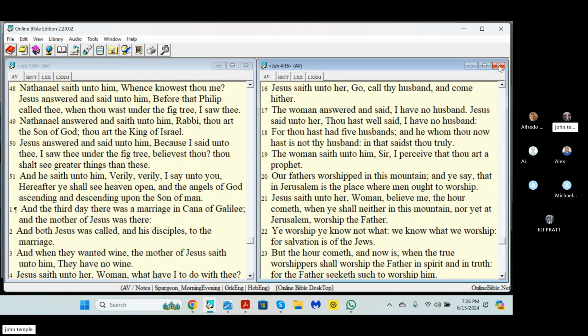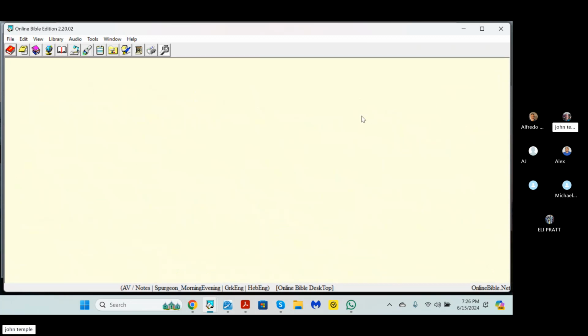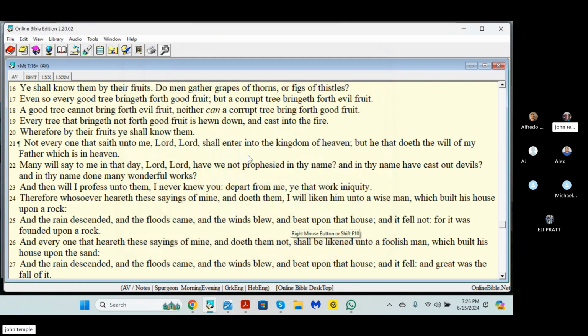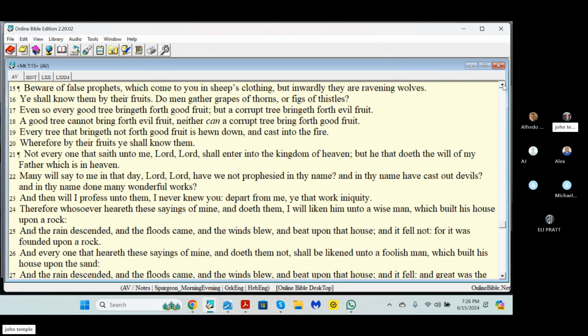And then the metaphor in Matthew 7. I got these already down here, but I'm just going to put this up here, so I don't have to go looking for it. First, in 7:15 he says, "Beware of false prophets, which come to you in sheep's clothing, but inwardly they are ravening wolves." And he's talking about how you'll know them by their fruits. He says, "You shall know them by their fruits.